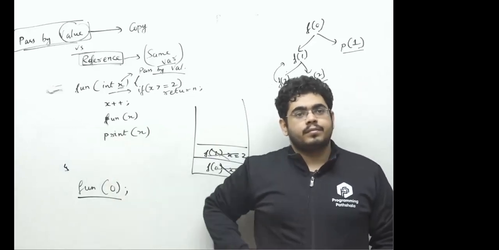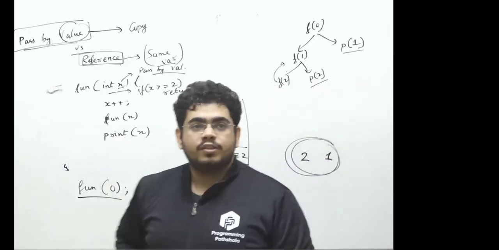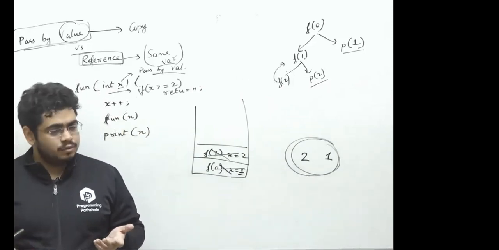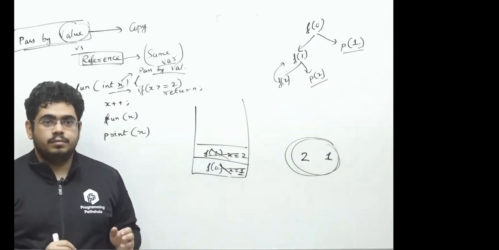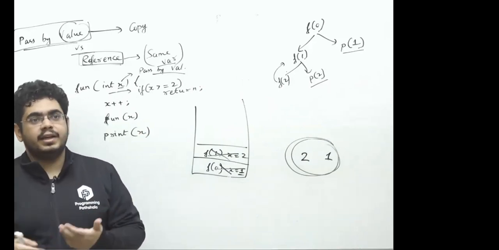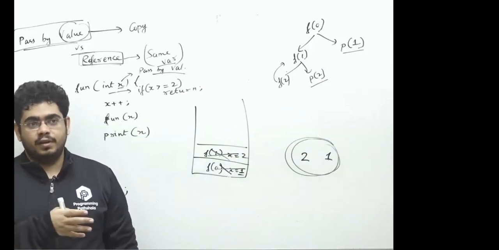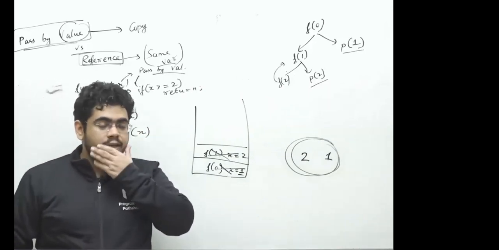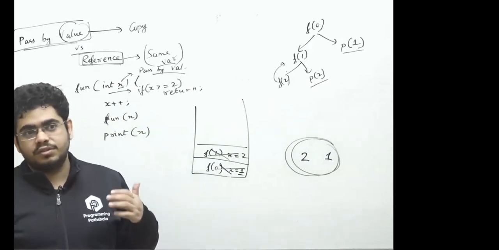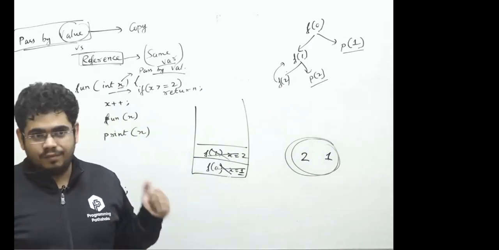Could you explain with respect to Java? See, in Java also, the concept is the same. Either it is pass by value or pass by reference. There are different syntactical ways to actually make them pass by value or pass by reference. In Java, mostly huge structures like lists or strings,